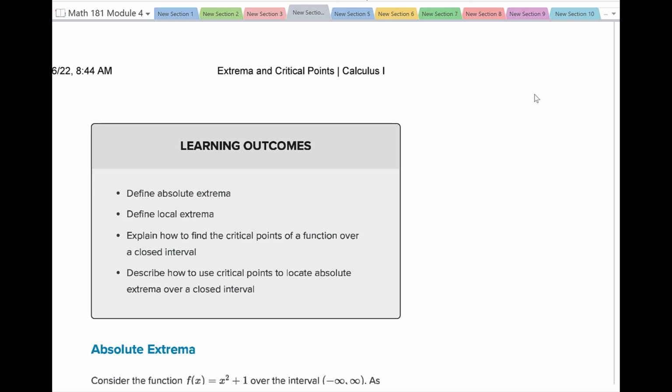For this lesson, we're going to talk about extrema and critical points. So extrema is talking about extreme points like a maximum or a minimum. And we have two types, absolute extrema and local extrema. So sometimes you have it where it's the highest point on an interval, the lowest point on the interval, those